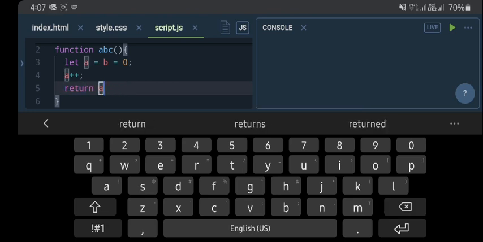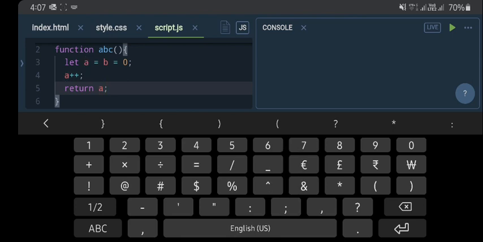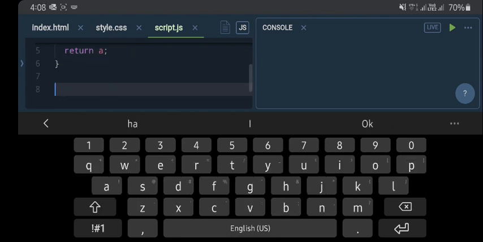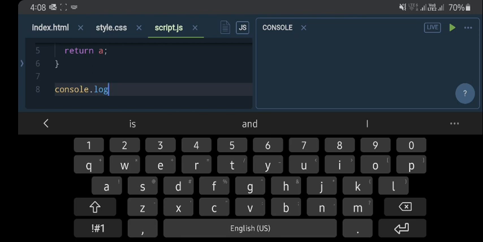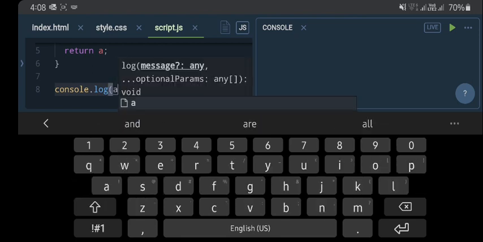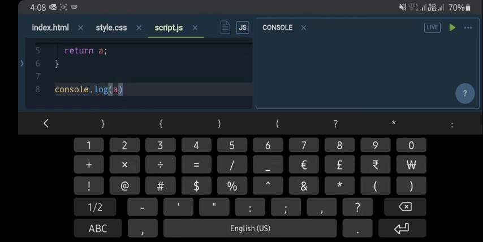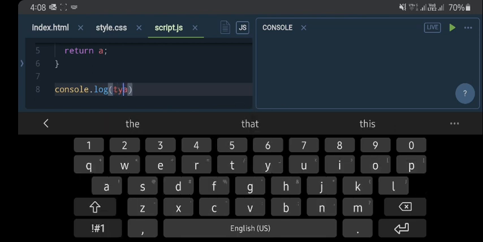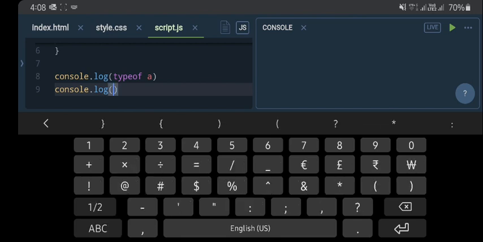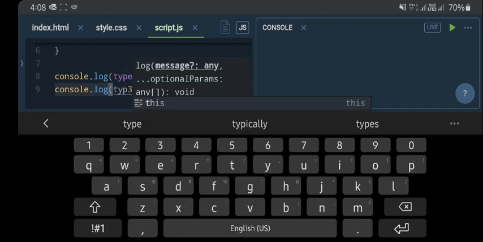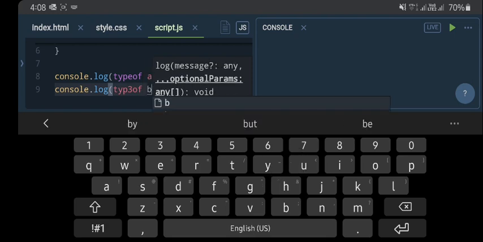if I try to print typeof a and typeof b, what do you think will be the output? Suppose here I am saying typeof a, and in the next line I'm writing typeof b.